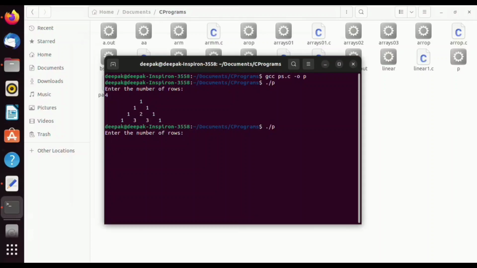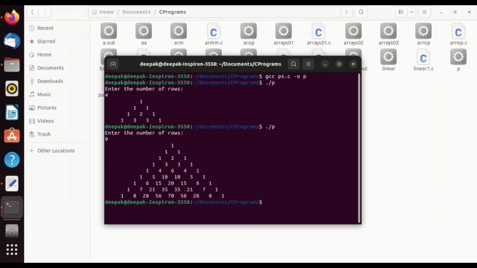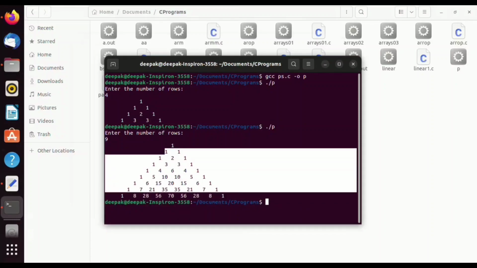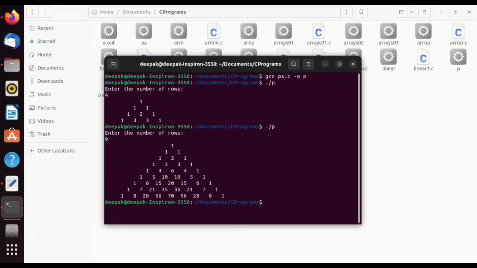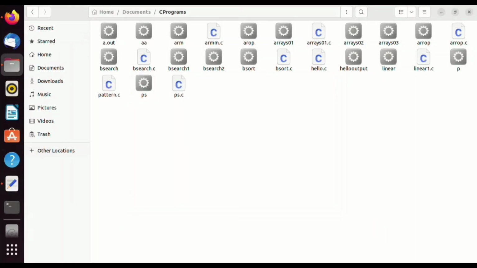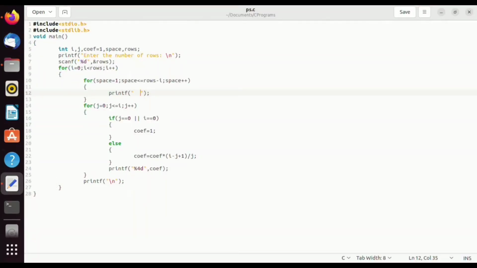Let's say this time we are entering 9. So again, you can see a perfect Pascal's triangle has been printed because we have used %4d. What it does is it properly formats the output based on the number of digits. And we've also seen the difference while using simply %d. So this is the main difference over here. So this is the basic program to print Pascal's triangle